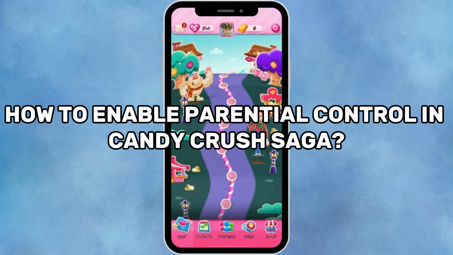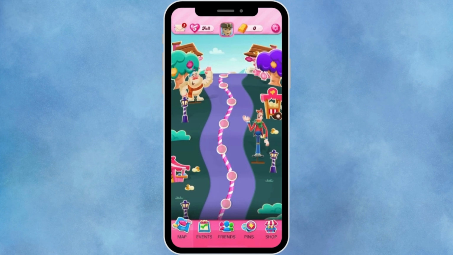How to enable parental control in Candy Crush Saga? First, Candy Crush Saga does not have built-in parental control, but don't worry. You can set limits using your phone's built-in tools to control purchase, screen time, and access, all without needing to